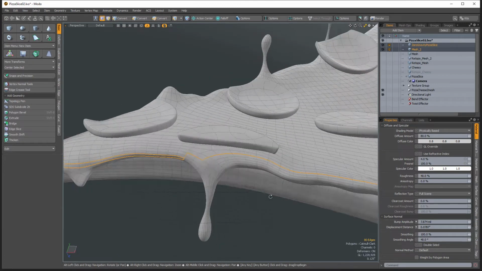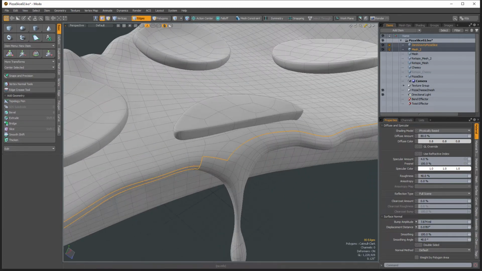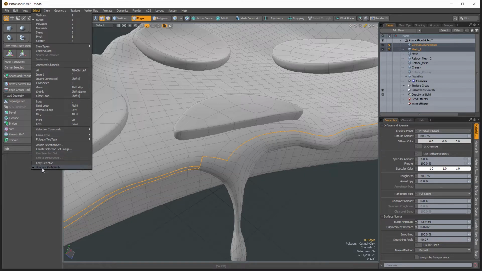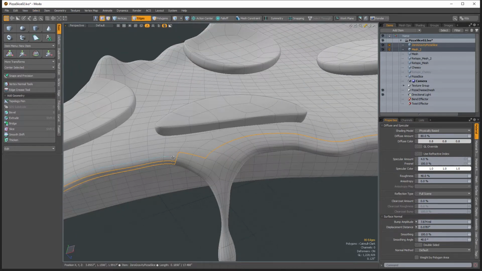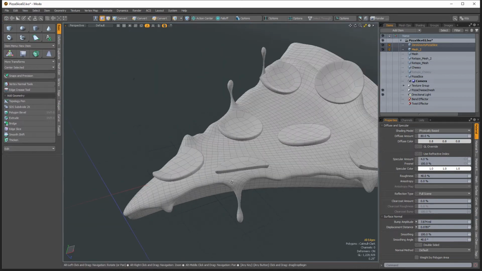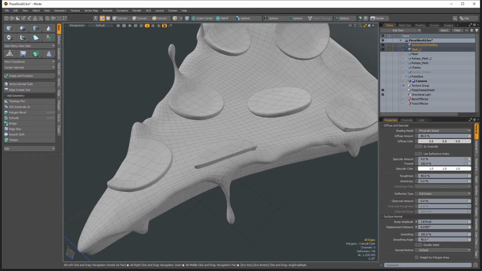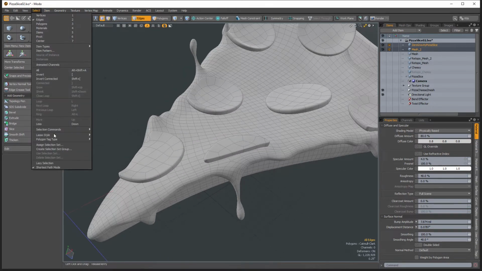So what I want to do is I would like to make this select command, shortest path mode, toggleable. So like Modo's sticky keys, where you can just hold down a key, have the command work temporarily, and then release the key, and then it turns off. So that is what I'm going to attempt to do here, is to make the shortest path mode a sticky